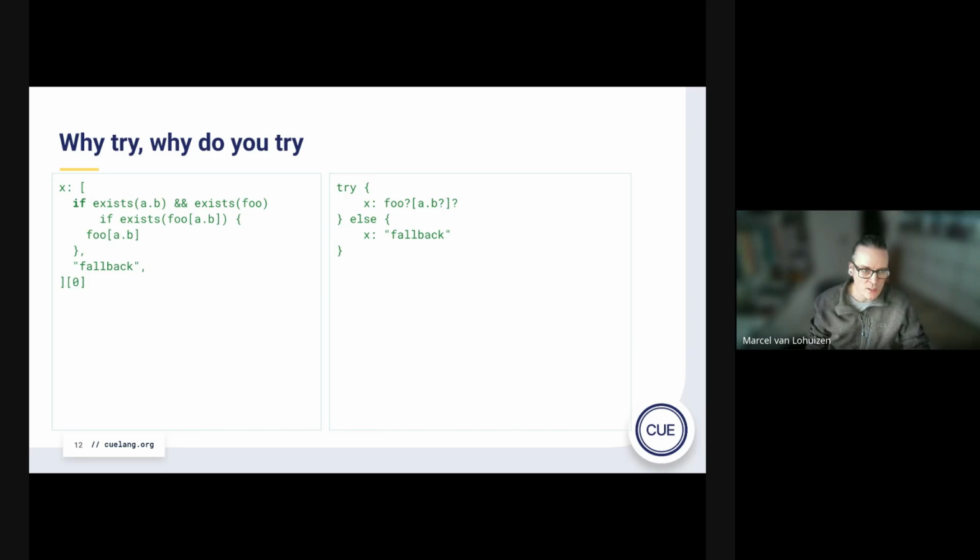So you can see also maybe here why we didn't do exists first. Because basically, what does exists even mean, right? Like if you say it's only the last reference, which is not always clear, then you would still have to write it like this, and it still gets complicated.